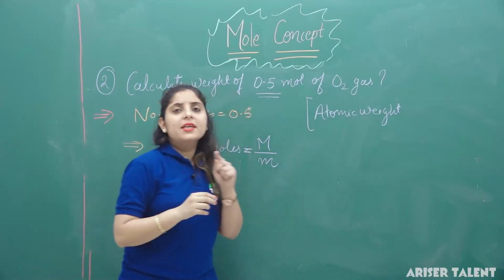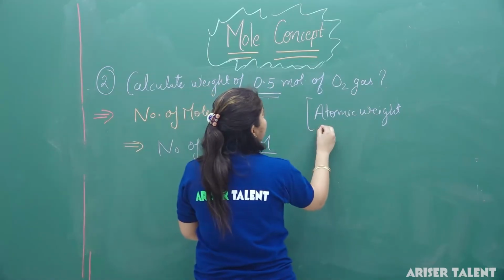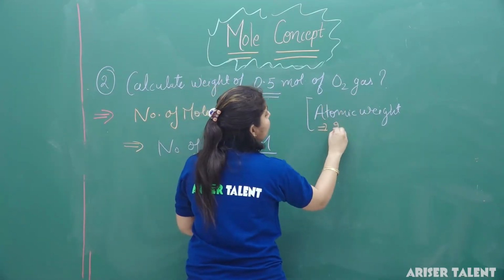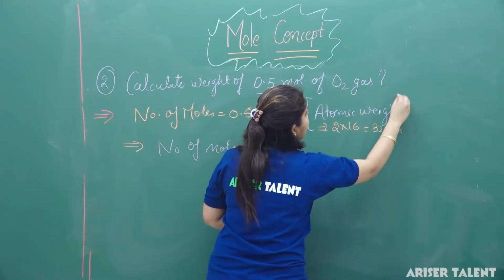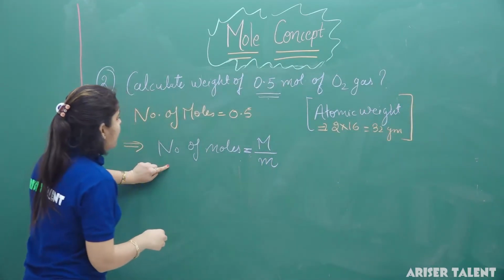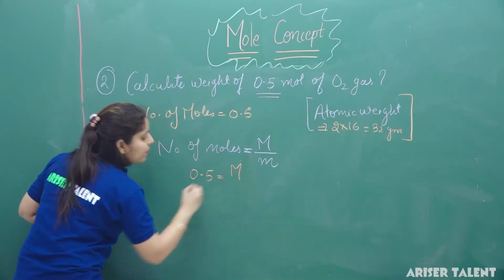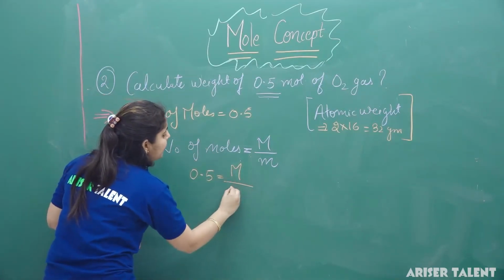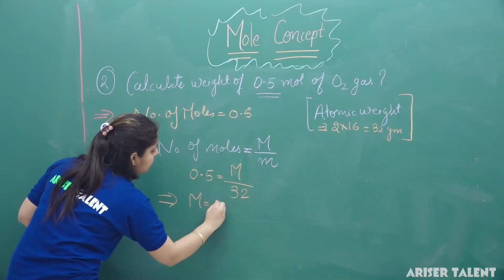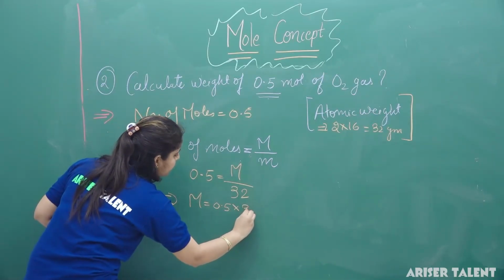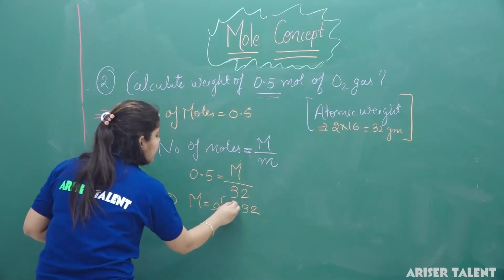We know for a single atom of oxygen the atomic weight will be equal to 16 gram, but we are talking about O2 here, so we will multiply it by 2 and we will get 32 gram. So the number of moles we have been provided here is 0.5. The mass we have to calculate here, and we will divide it by 32. So on cross multiplying we will get 0.5 into 32. If we are going to solve this equation, we will get